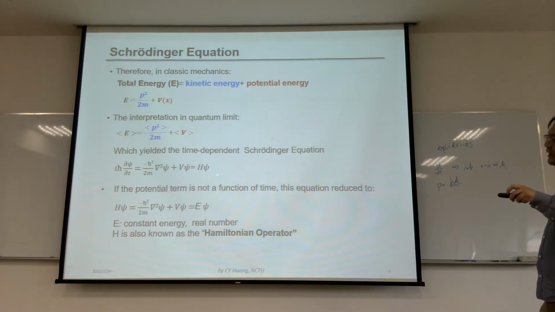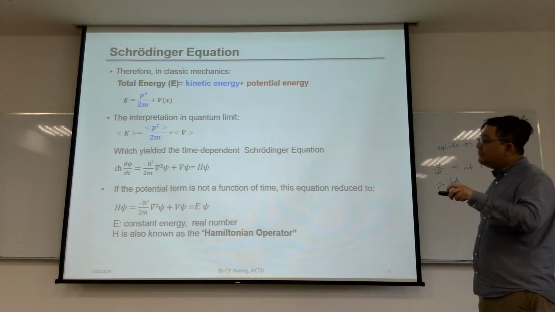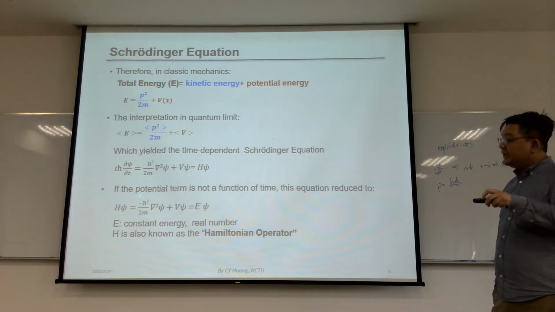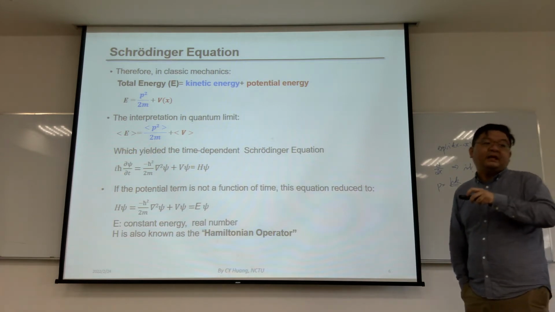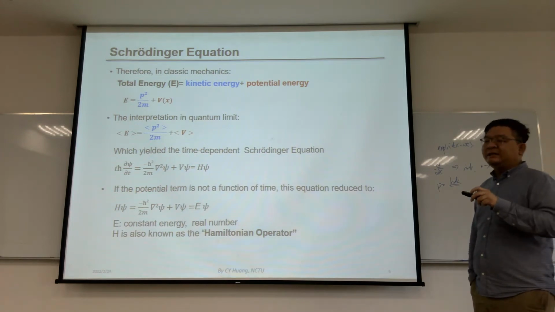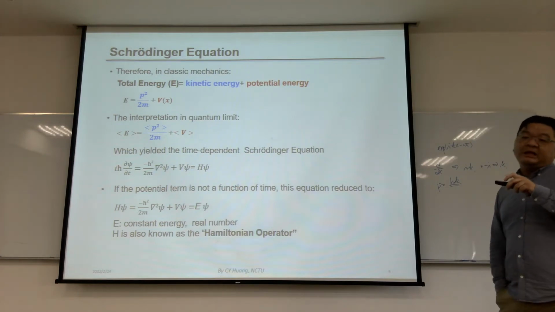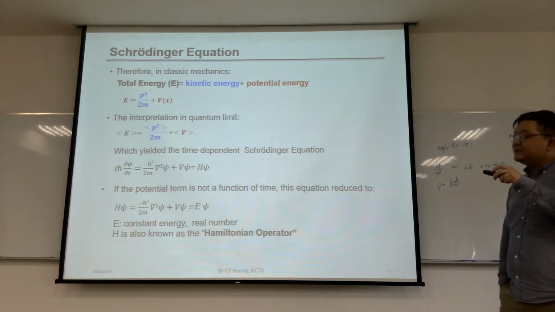And the potential, okay, so this is what we know as the time-dependent Schrodinger equation. However, if the potential is stable, V is not a function of time, it can be further reduced to the Schrodinger equation like this. This is the Schrodinger equation most of you will encounter, because very few people will actually solve the time-dependent Schrodinger equation. So this is the form of Newton's second law, 牛顿第二定律, in the quantum world. So this equation is actually